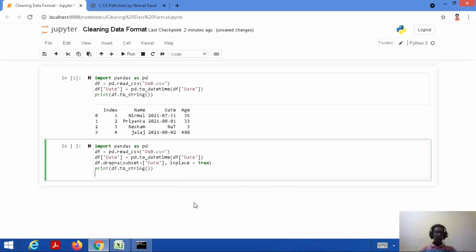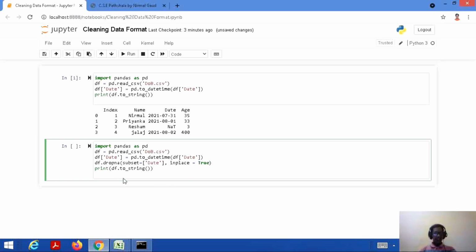Import pandas as pd, df equal to pd.read_csv dob.csv. So here we are reading the csv file, and in the next statement, that is df date equal to pd.to_datetime df date, that means we are converting all the values of the date column into datetime format, or in the form of dates.